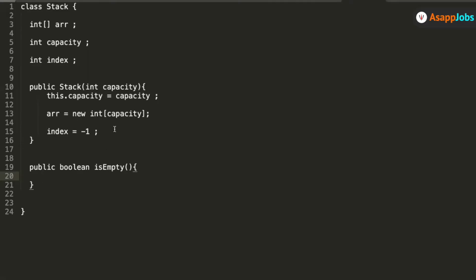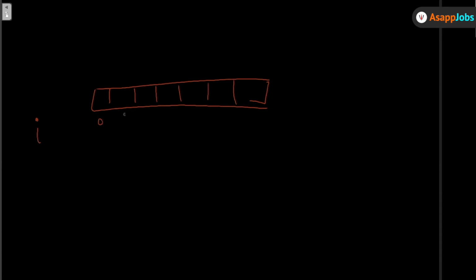See, what I'm doing is that index is -1 in the beginning, right? So what I'm saying is that I'm using an array to store the elements in the stack. Okay, this is my index that I am using to track it, right? So the first element will go into the 0 position, second 1, 2. To start with, the value of the index in the beginning is -1. So if the value of the index is not equal to -1, it means that there is some element in the array.